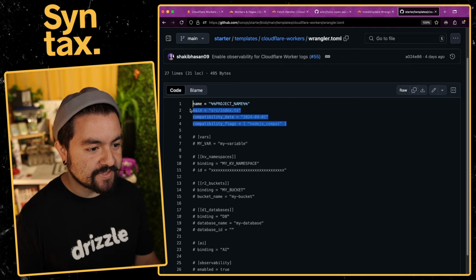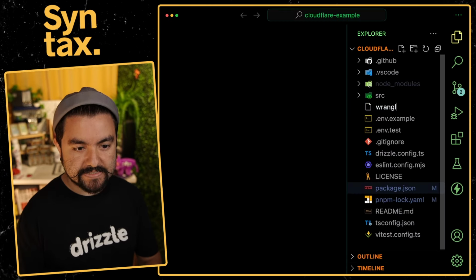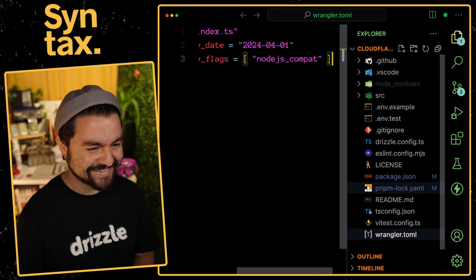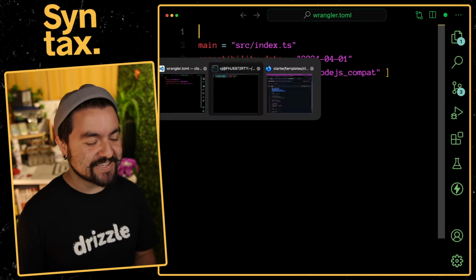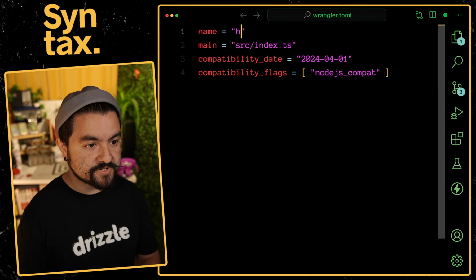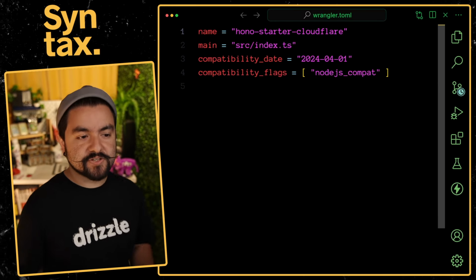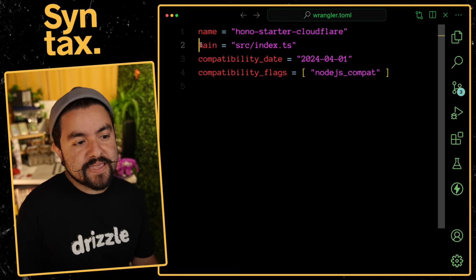So I'm just going to copy this stuff here. And then here, I'll create that file wrangler.toml, and throw that in. But I do need to give it a name. You can see in their example, they're using like a template, but I'm just going to call this the Hono starter Cloudflare. Awesome. So this is our file, and you can see that it has a main entry point of